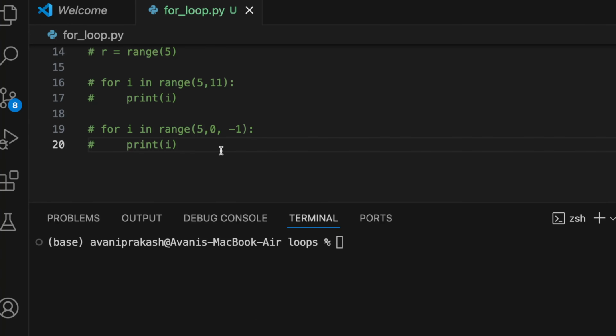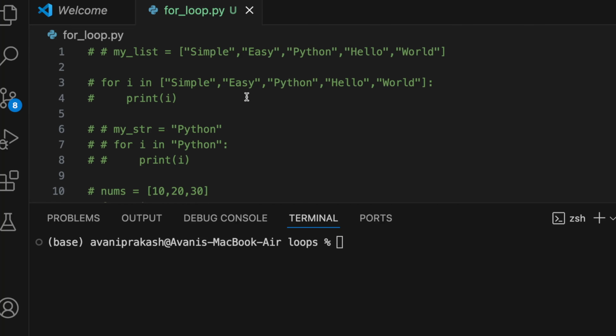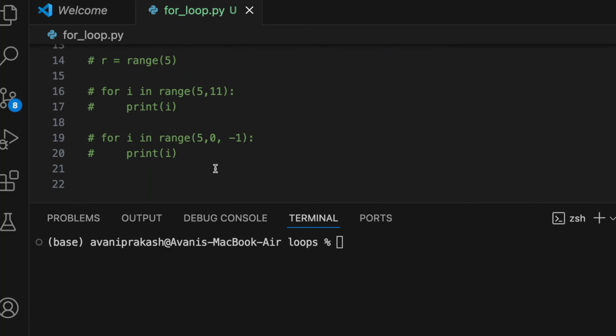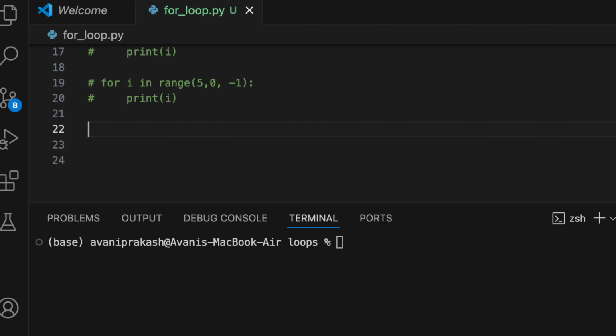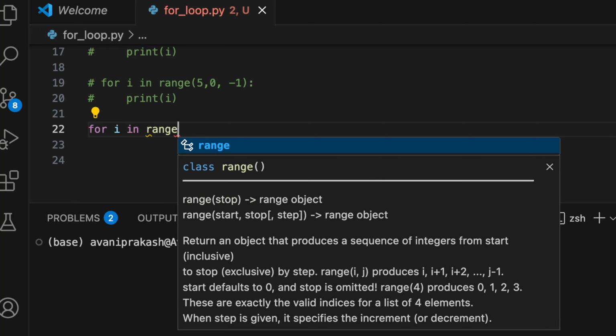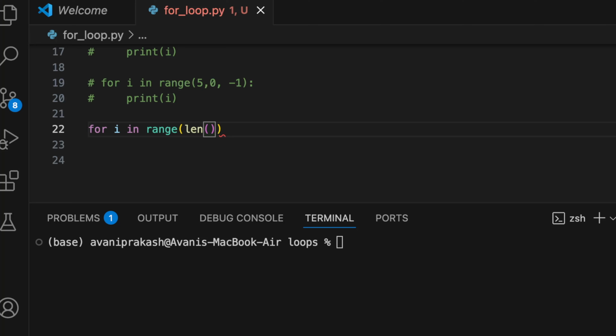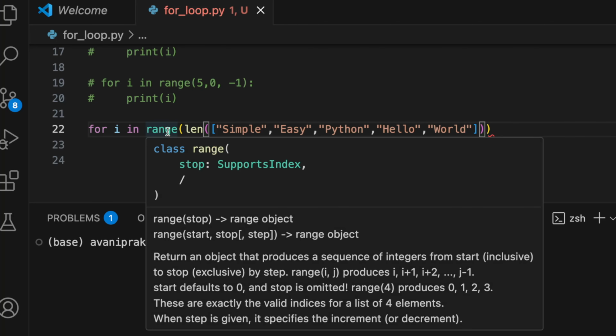The next topic is looping through the indices. Sometimes it is required to loop through the indices also. So let me copy this list again here. I will explain it with both number ranges and list here. For I in range, if I want to go through the indices, then first of all I need to find the length. So length here is 1, 2, 3, 4, 5 here, and then I'm going to convert it into a range,